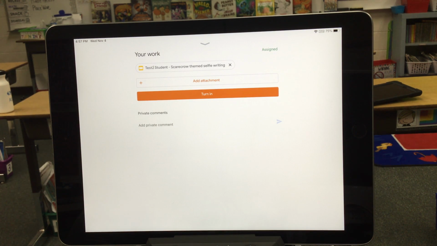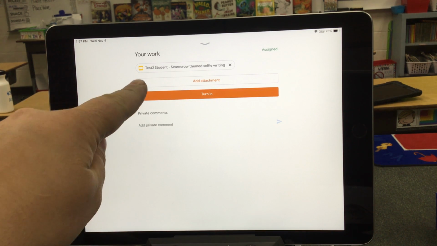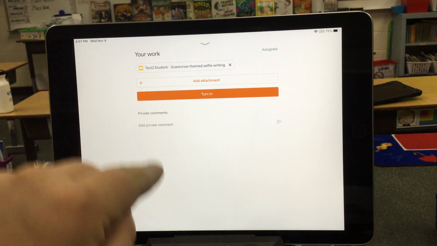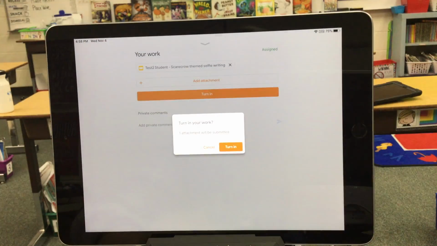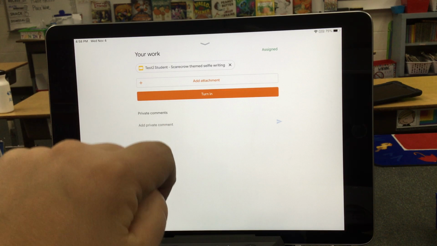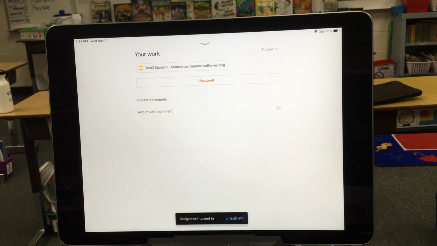From here, I can either add an attachment or I can click turn in. With this particular assignment, I do not need to add any other attachments because it's already attached to the Google slide. So I'm going to click turn in, turn in. It may take a second, there might be a second of lag time, but you'll know when it's turned in